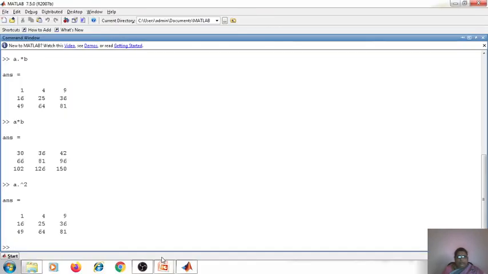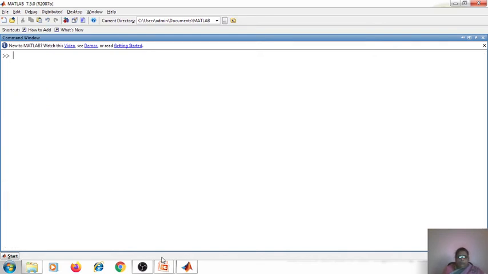Now let us solve this example in MATLAB. To do this, I am going to consider the linear equations for I1, I2, I3 that we had written.